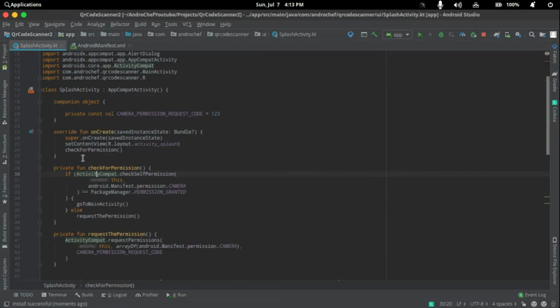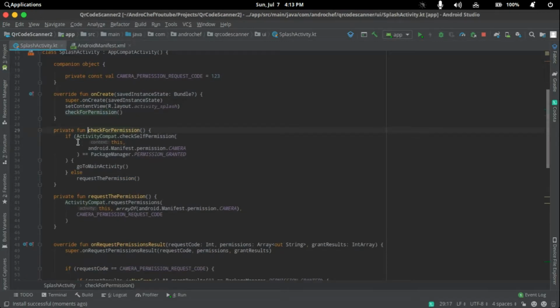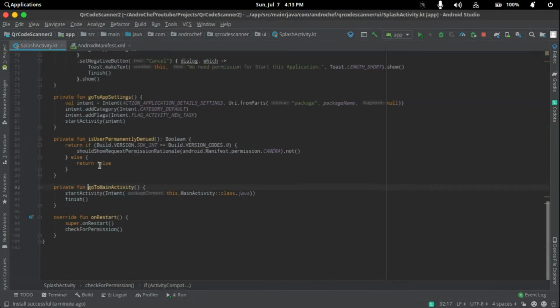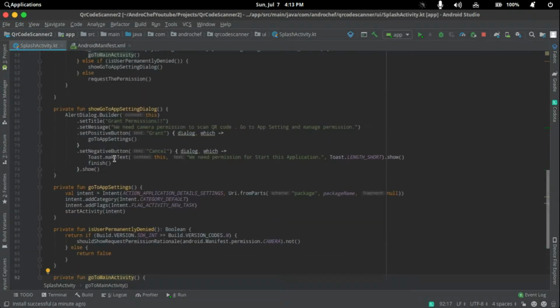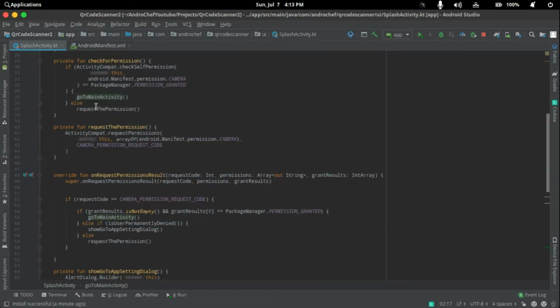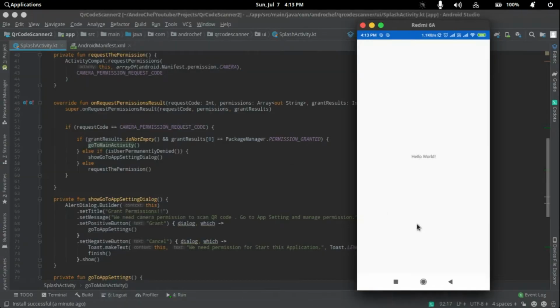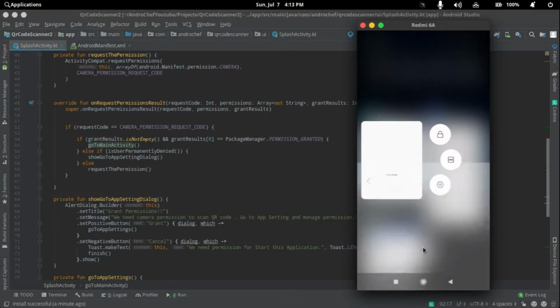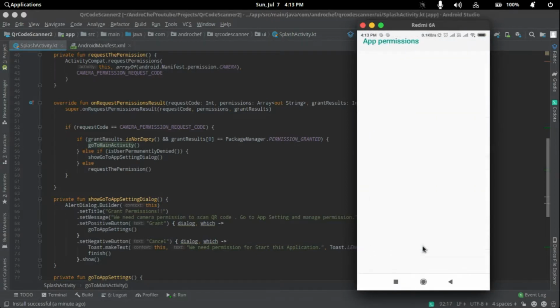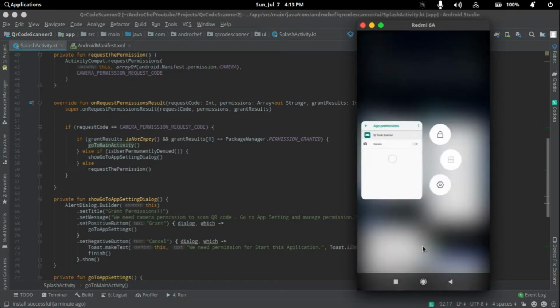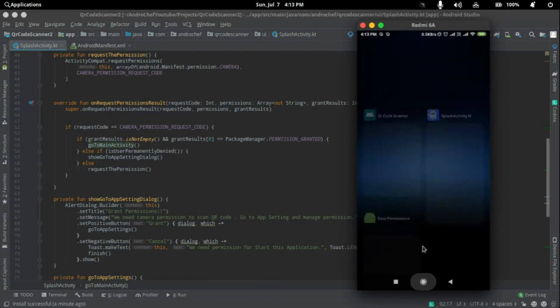We have done here correctly. If checking permission, we have done all the things for it. Wait, we have checked the permission, we have continued with this. Yeah, why is it going? Let me see its permission. Oh, I think I have the same app installed, that's why. Okay,